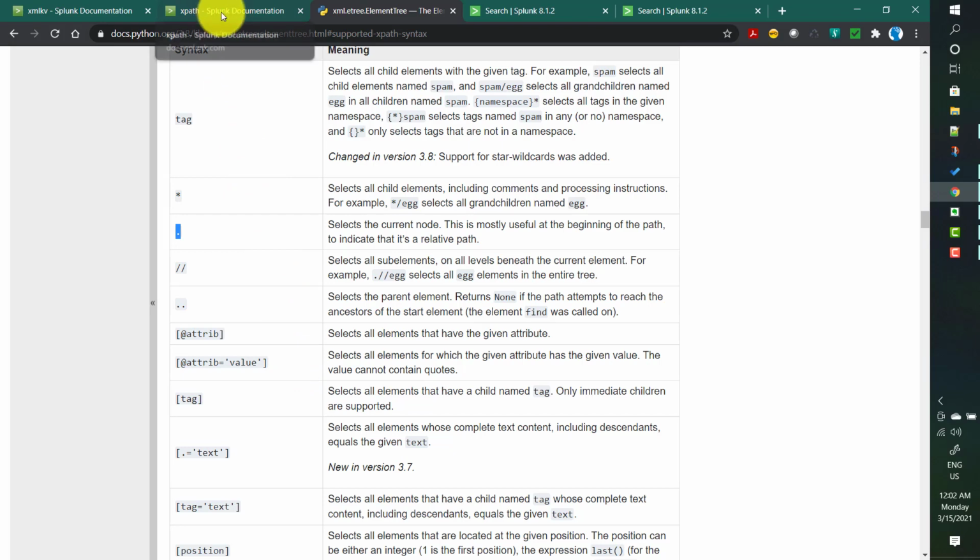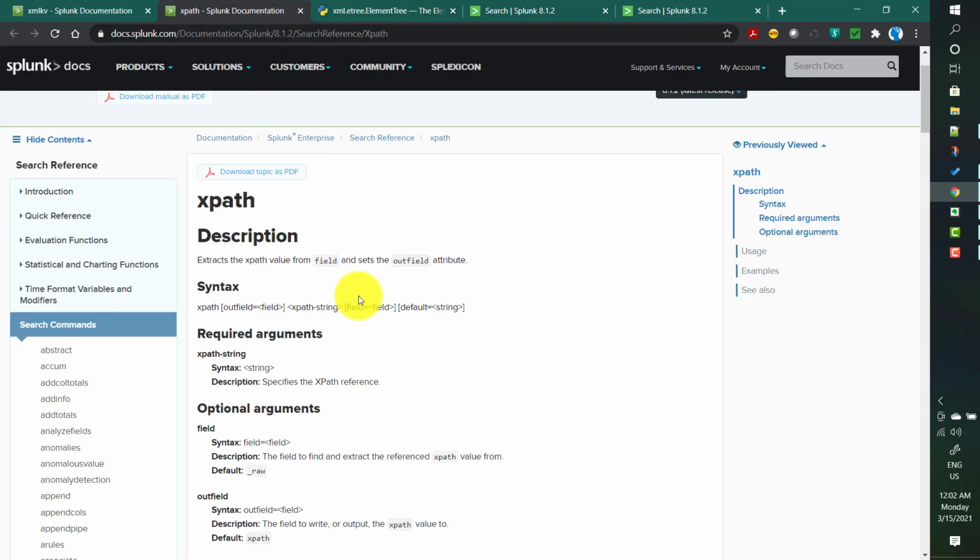Syntax wise, the xpath command has these inputs. The command name is xpath, and the outfield you can give a field name, which will create the new field. Then the actual XPath string, and then the field on which you want to apply the xpath command.